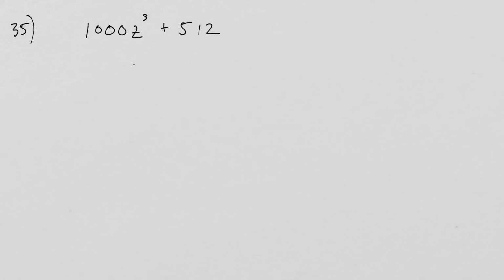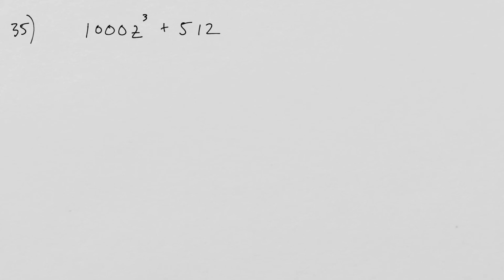When you see a problem like this, what you should be thinking about is the fact that there's a cube here and that there's two terms. So I know I have the sum of two cubes. So figure out what those cube roots are. 10z cubed is 1,000 cubed, and 8 cubed is,